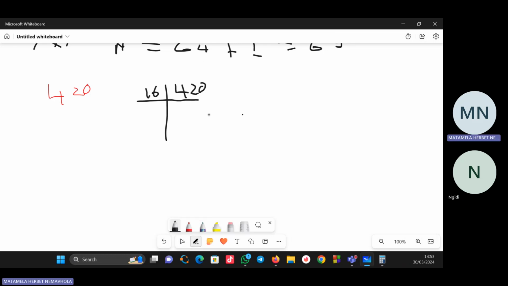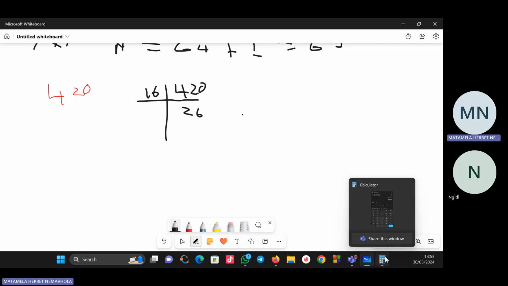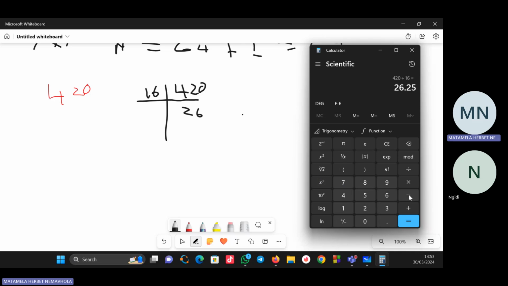I'll write 26. Now the remainder is 26. But now we can check something. Sometimes you can just say, minus 26 there. You get 0.25, you multiply it by 16. You see that is 4. Okay. So to show you that is 4, if you say 16 multiplied by 26,